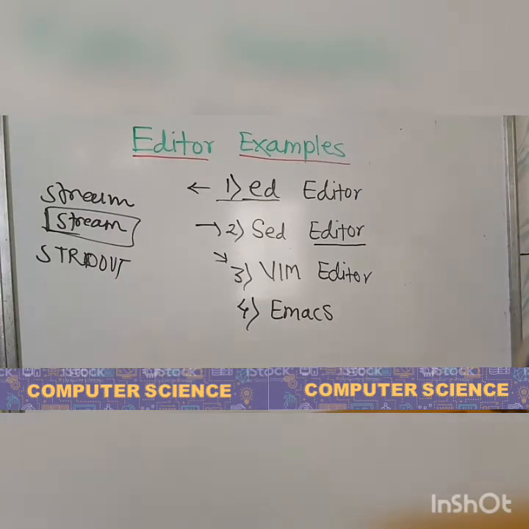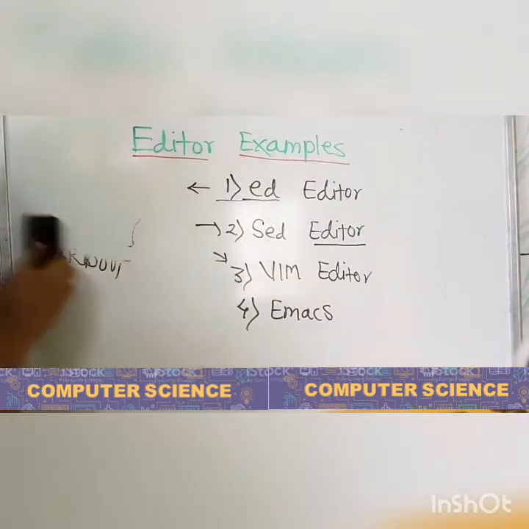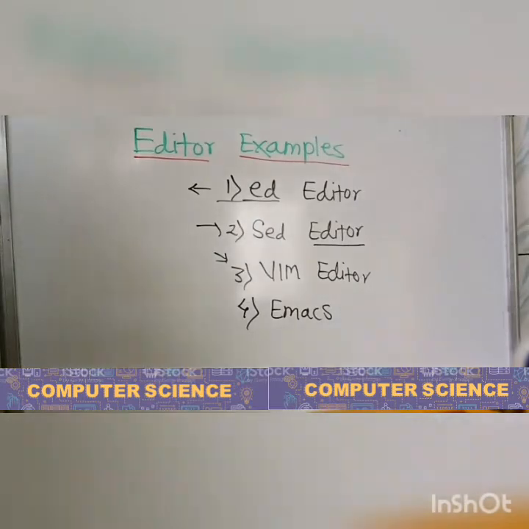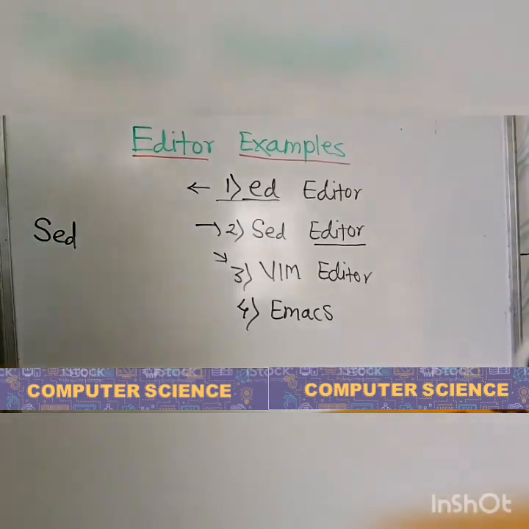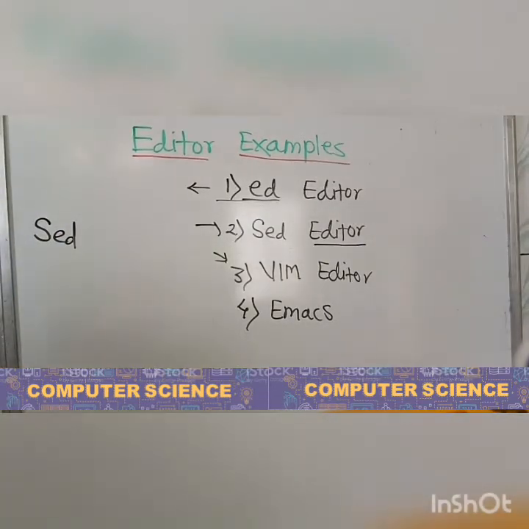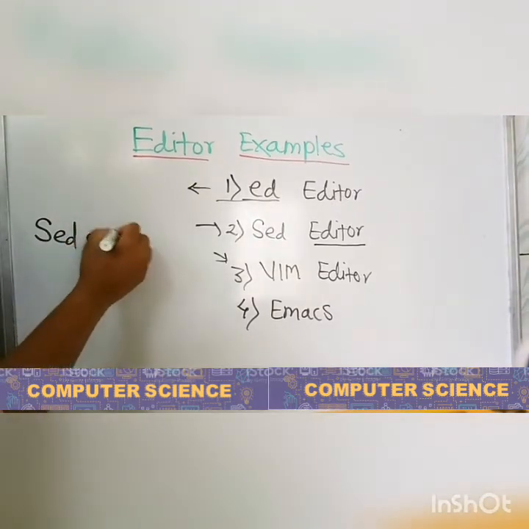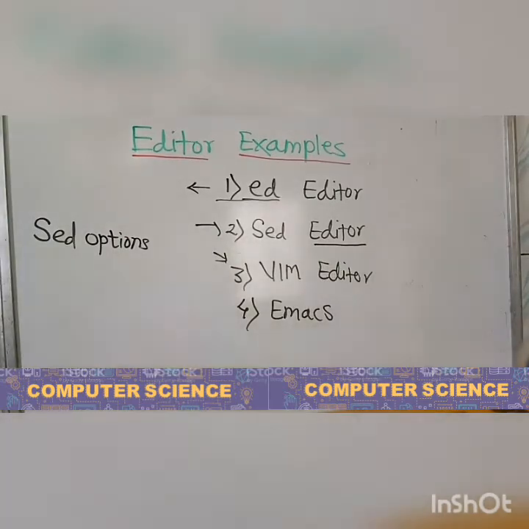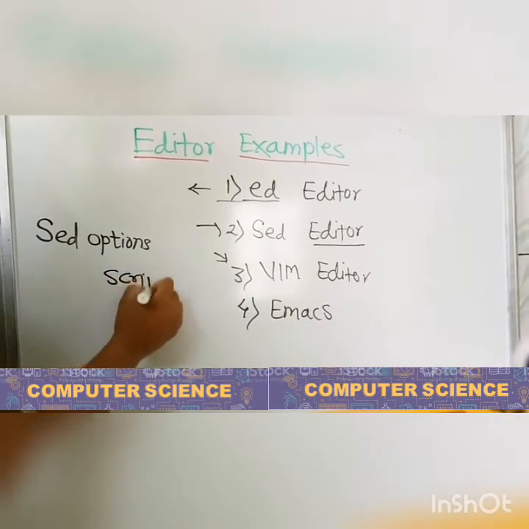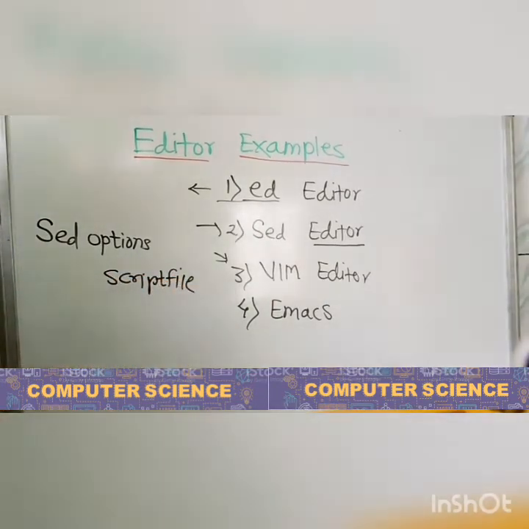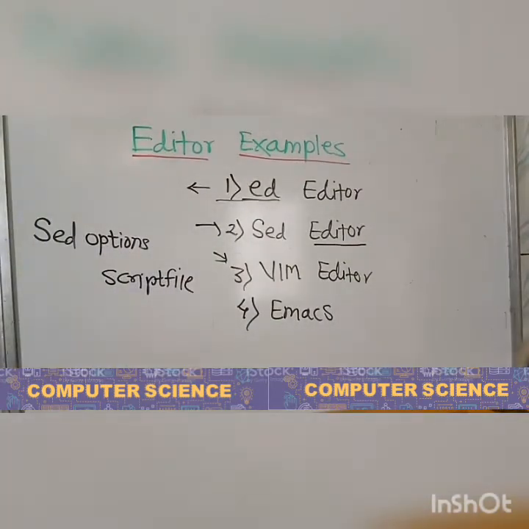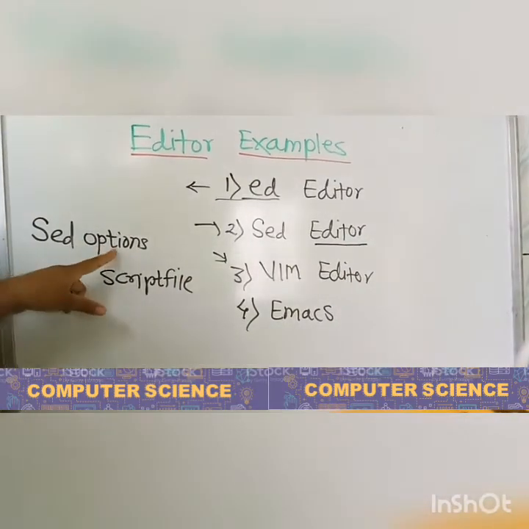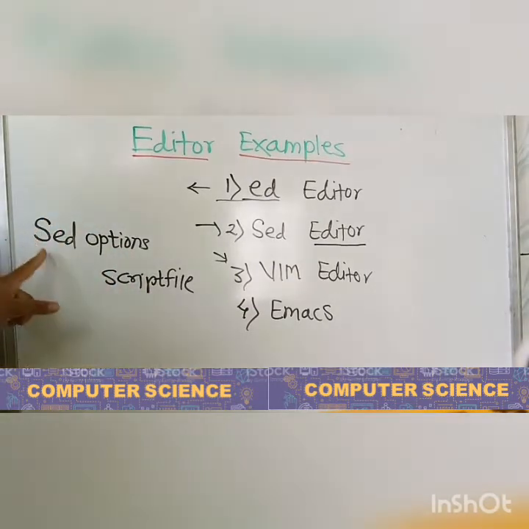What is the format or the actual command used for these stream editors, like different line editors? We have to give the command like SED, then specify the options, whether we have to add, delete, insert, whatever functioning we require. And then next we have to specify the script file. Script file is nothing but the actual file where your data is stored. Means you have to apply these options on this file with the help of this SED